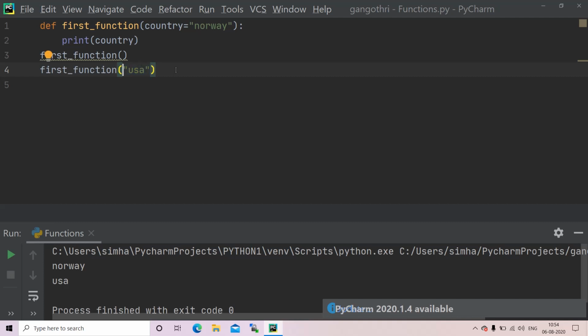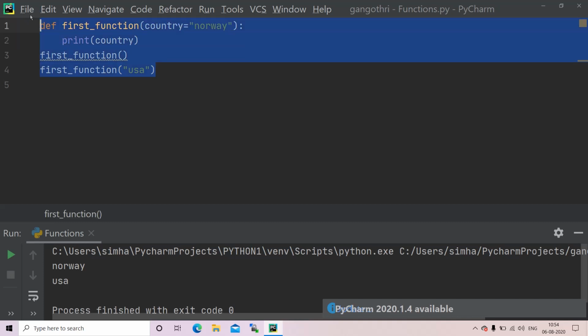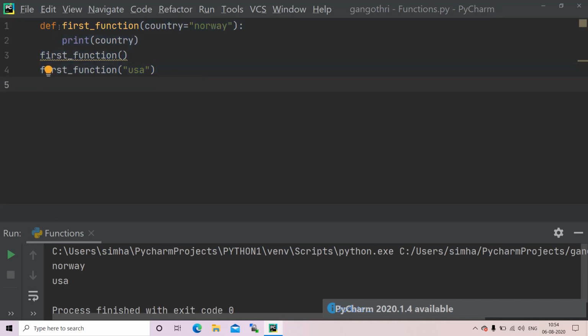These are the types of arguments you can have within our functions. Today we have seen about the definition of the function. We use def keyword followed by the name of the function followed by the number of arguments and finally colon. And you can have any body of the function and the calling statement and finally the different types of arguments.